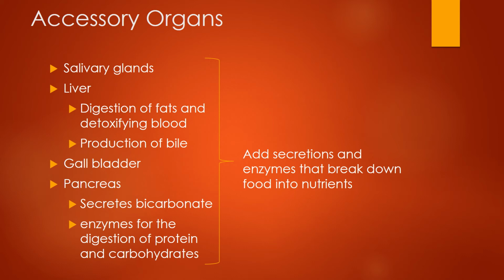The gallbladder is a small organ that aids the liver by storing bile and concentrating bile salts. The pancreas secretes bicarbonate that neutralizes the acid chyme and a variety of enzymes for the digestion of protein and